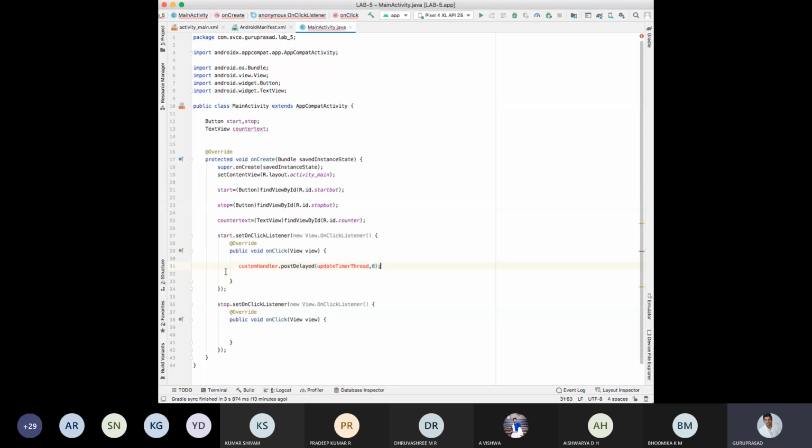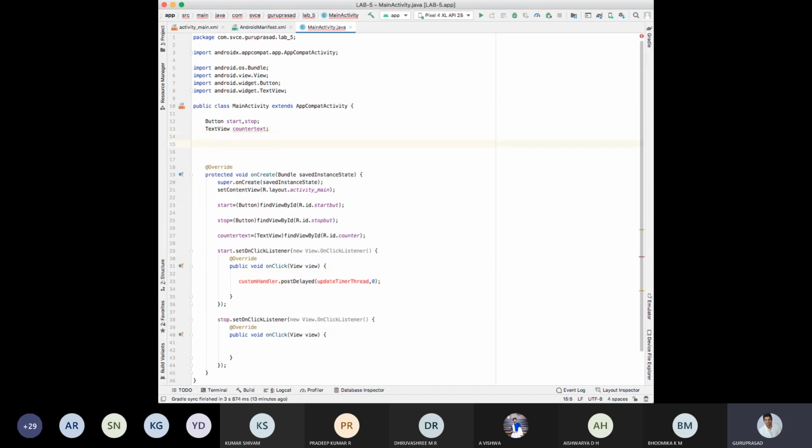Okay, so why is this coming? So I'll just Alt Enter. It is saying create a local variable customHandler. See here, I need to create a handler. There is a handler called customHandler equal to new Handler, semicolon.